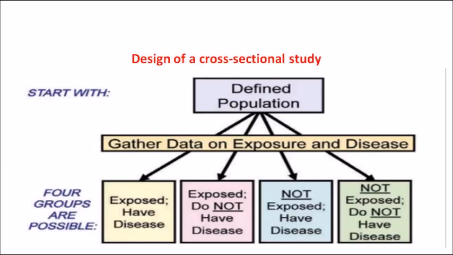So this is an example of a cross-sectional study. Before that, I'll tell you what an exposure and an outcome are. Exposure means something they have been exposed to, any kind of infectious agent or any kind of behavioral activity, like smoking or alcoholism. And the disease or outcome is the result of that exposure. Always remember these two words, exposure and outcome. They will continuously come up in the other slides.